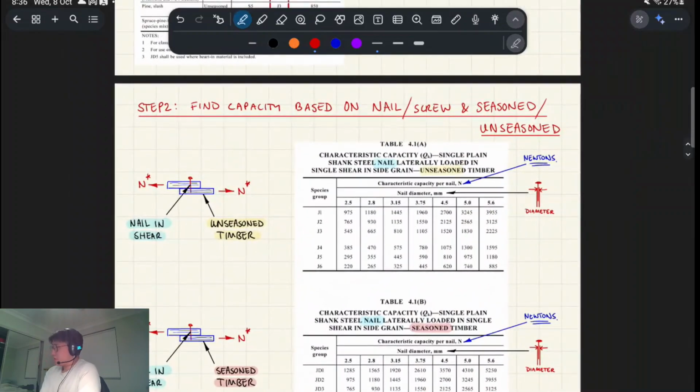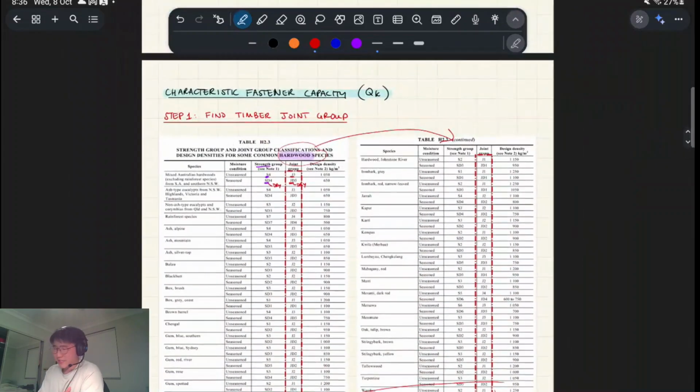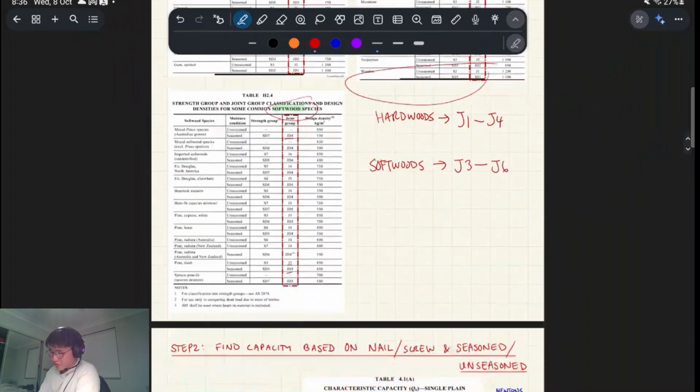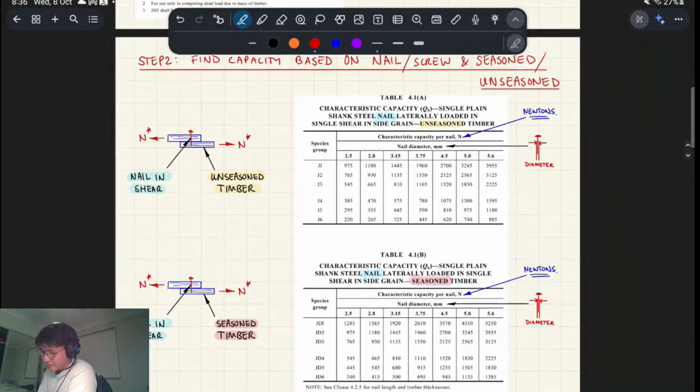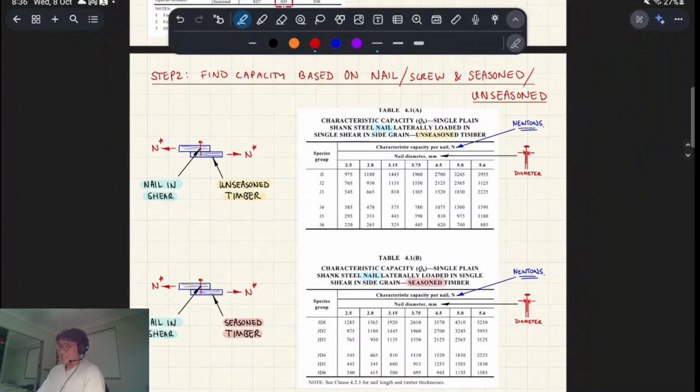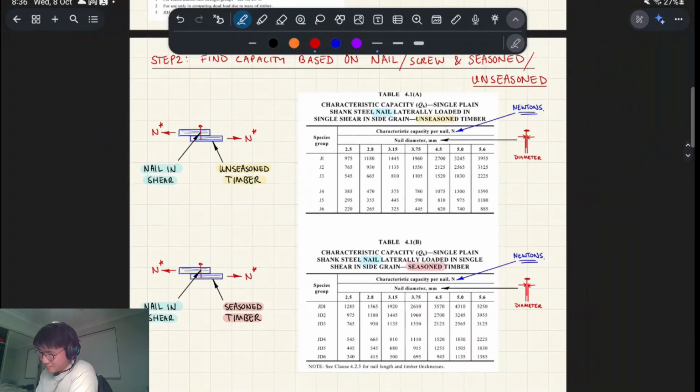So after you find the joint group, and all those tables were just for finding the joint group, so that's step 1. After you find the joint group, you find the capacity based on whether it's seasoned or unseasoned. There are different tables for both of these. It gets so annoying, and it's not even bad yet. When we get to coach screws and large connections like bolts, it's going to get really annoying. These tables send you around the entire standards. So there's unseasoned and seasoned,